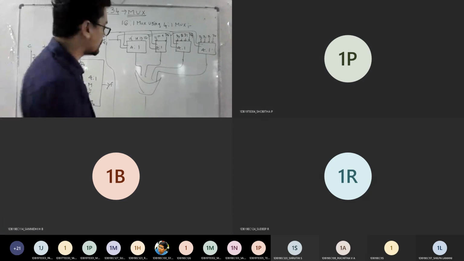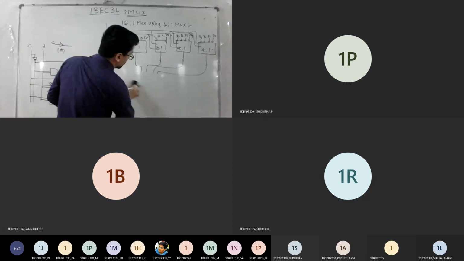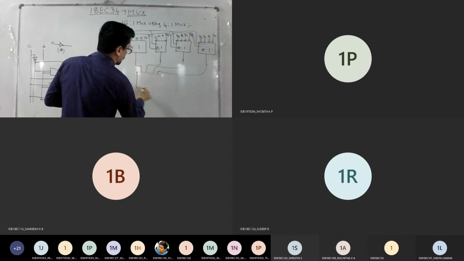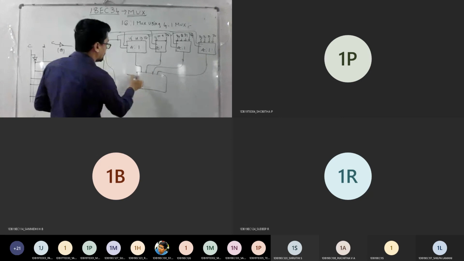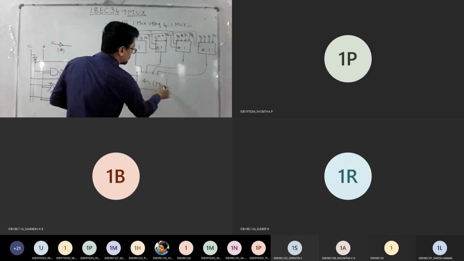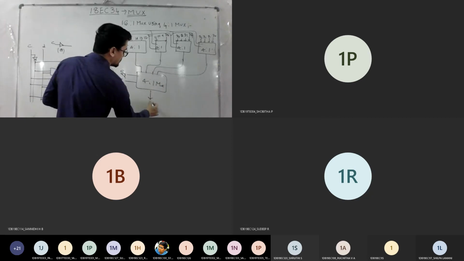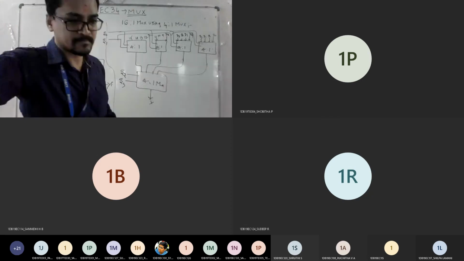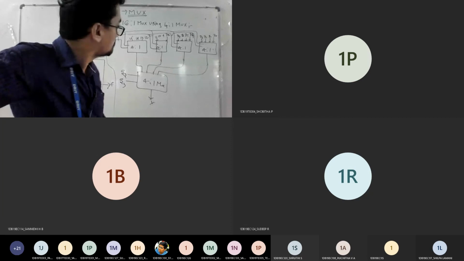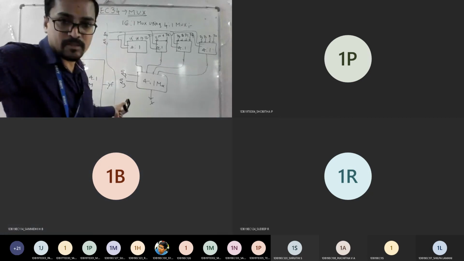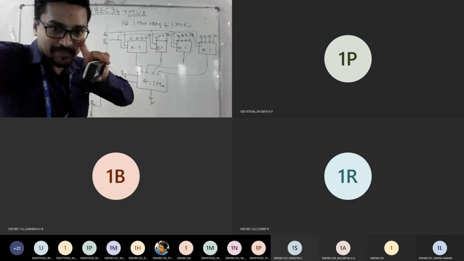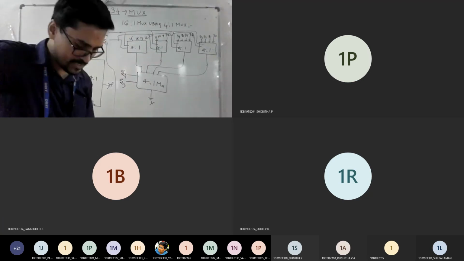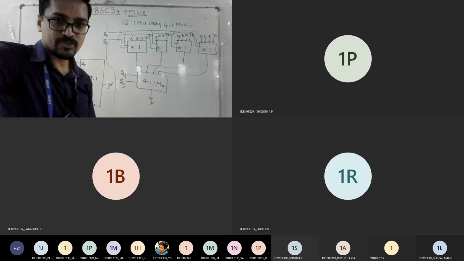So obviously there is a need for one more 4:1 mux. All the outputs act as inputs to it. The remaining selection pins S2 and S3 will control this, and I can get the output easily. Yes or no? Am I clear to everyone? Yes, sir. This is what you need to realize whenever they ask for 16:1 using 4:1. I hope everyone got the things clear. If you have doubts, you can ask me.